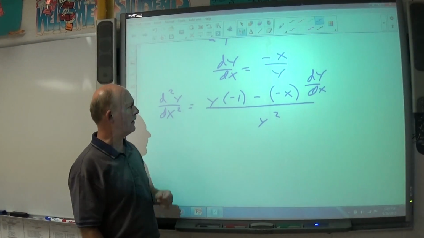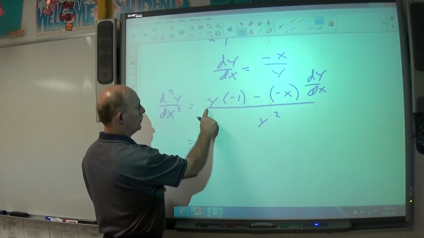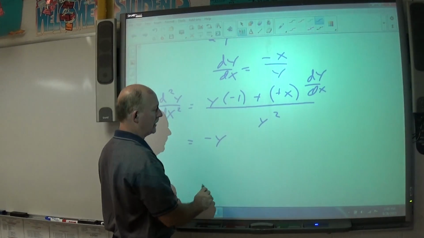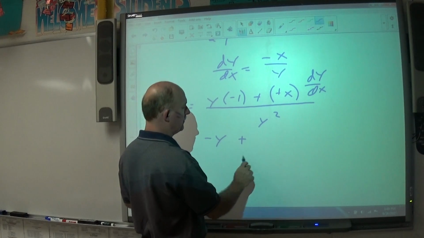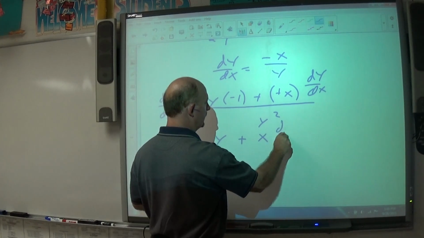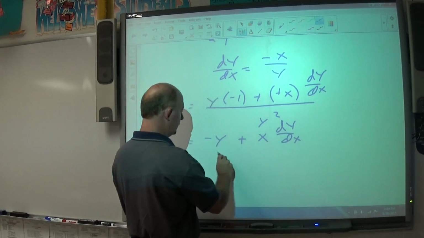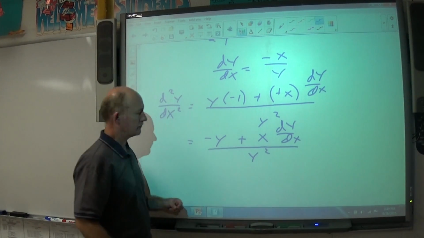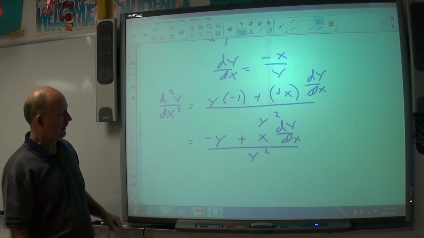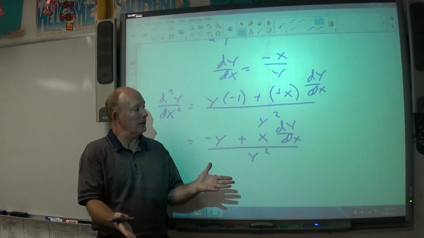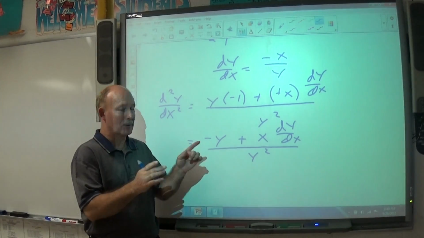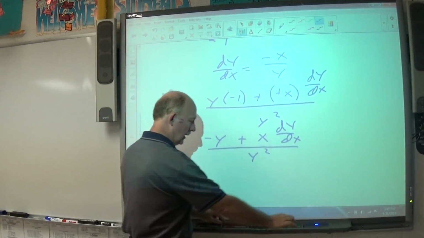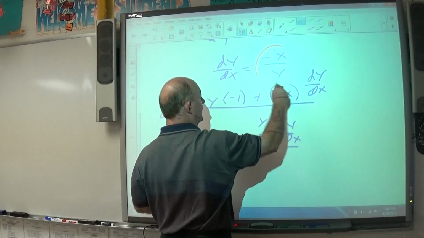Now, let's see if we can simplify it a little bit here. You got y times negative 1 will be negative y. It'll be minus a negative, we'll change that to plus a positive, so it'll be plus x times dy over dx, all this divided by y squared. Okay. Now, right away you notice, like I said, when you take the second derivative, it's going to contain the first derivative. It's going to contain dy dx in it. So we got to do a little substitution here. We got to take this,